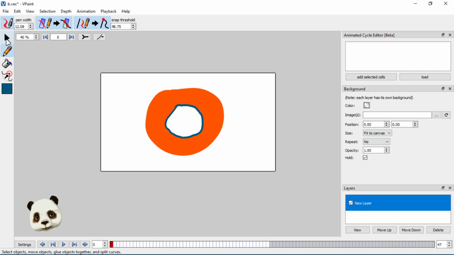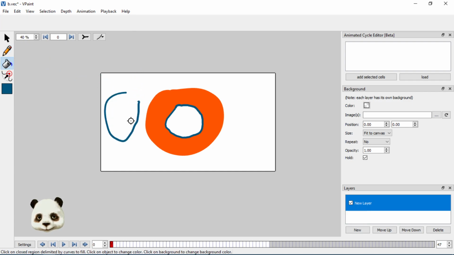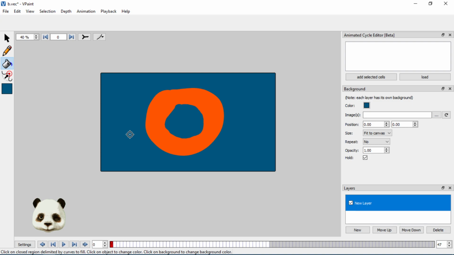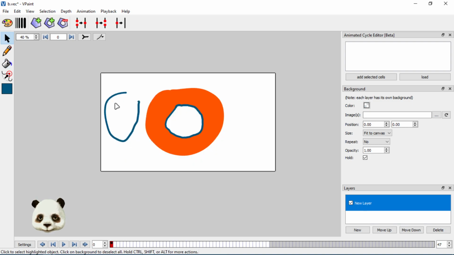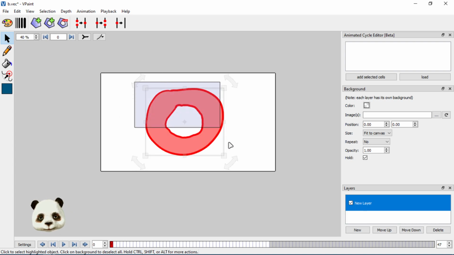Although you could technically, not entirely sure, but I think you could technically, no, it's not working. It's not working like in Inkscape, like you can have an open border and fill it inside. So that's that. And the last thing